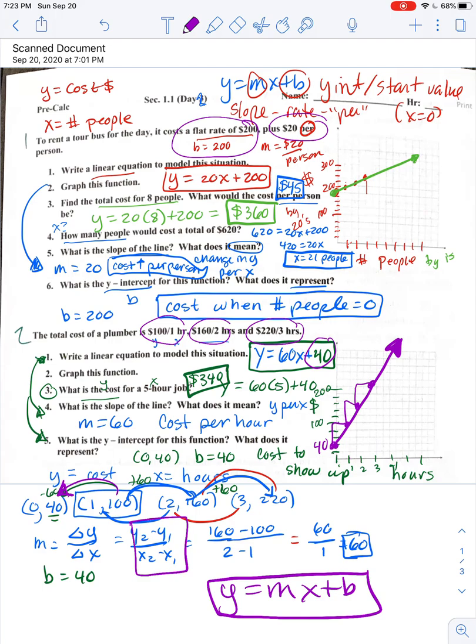So hopefully that helps you. I want you to keep working on, there's 1, 2, 3, 4 more. So work your way through those,